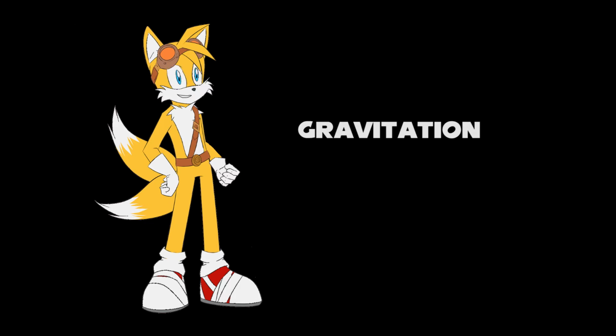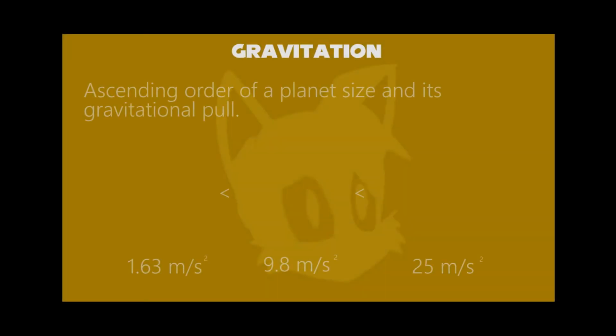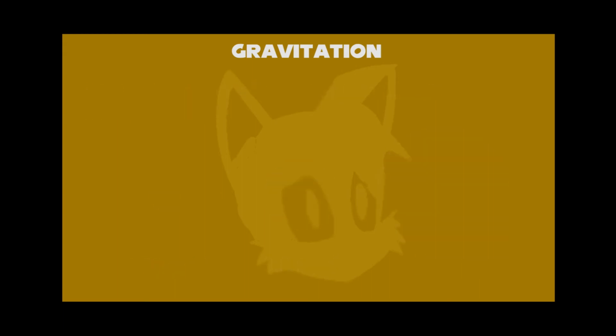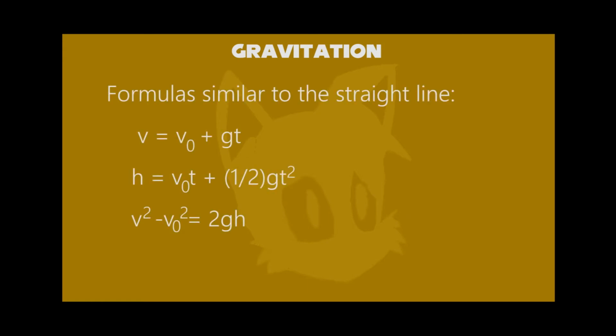We have been redirected to part 3 now. From the last video we found three cases of different planet sizes, so now we can arrange them in ascending order. Once the size of a planet has increased, its gravitational acceleration will increase. Why is it impossible to live on Jupiter? You won't be able to jump or walk on the huge planet Jupiter, so the best planet we can live on is Earth.